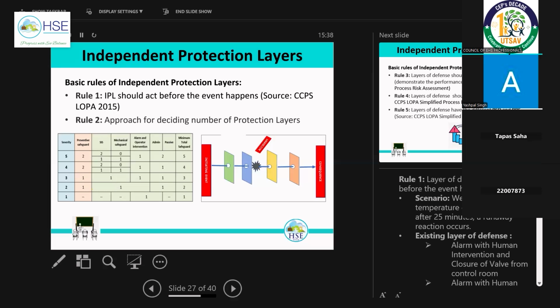So how many are required? Suppose we consider severity from 1 to 5, where 1 is minimum and 5 is maximum. In that case, first we have to define in our risk management system how many safeguards should be there for each severity. Say for severity 1, there is 1 safeguard. Suppose we design that for severity 5, we require 5 safeguards, and for severity 4, we require 4 safeguards. There is a basic risk matrix guideline.